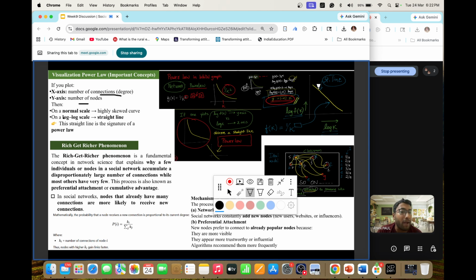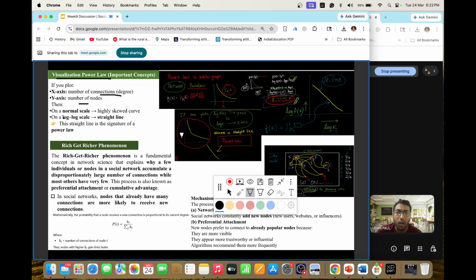And as there is a minus, because in a power law the exponent is negative: 1/k² means k to the power minus 2, or minus 3 rather. What you can infer is that the slope of the straight line is a receding slope, not an accelerating slope, because the minus is there. Minus 2 or minus 3 is the slope. So your curve is a straight line, but the slope is receding. This is how you can visualize the power law.